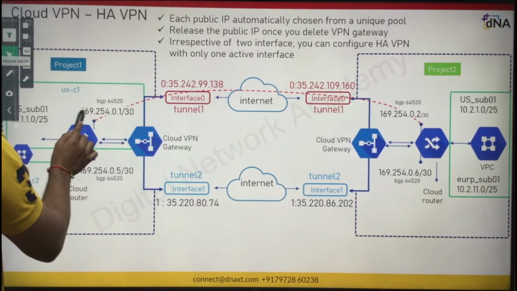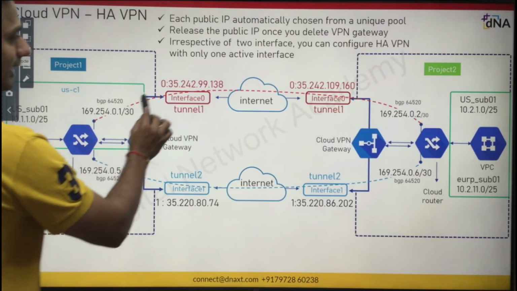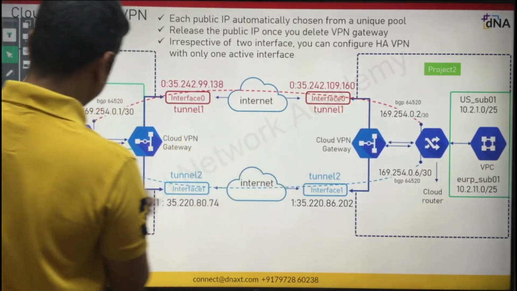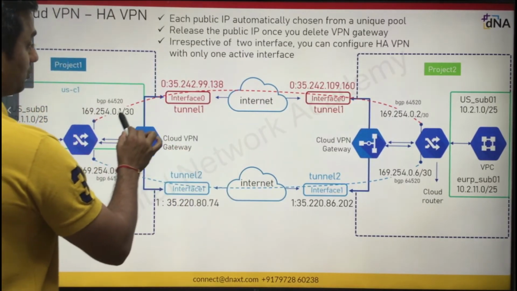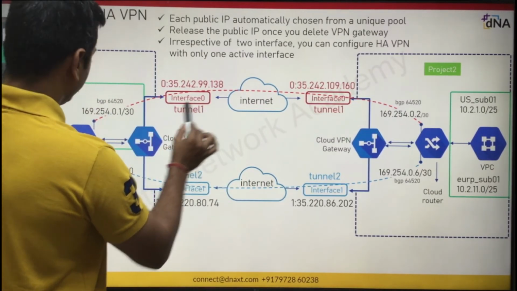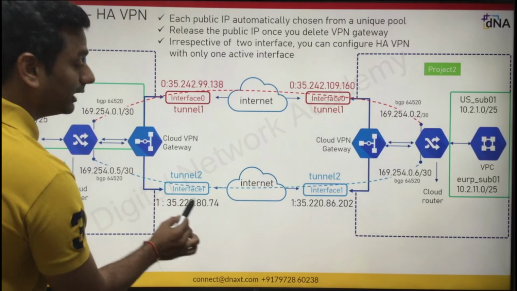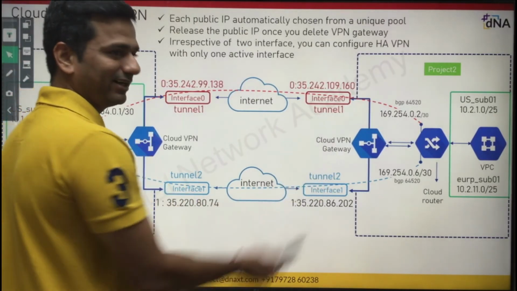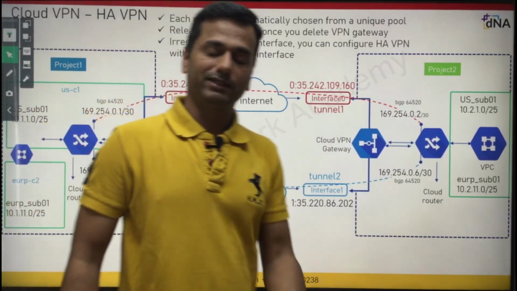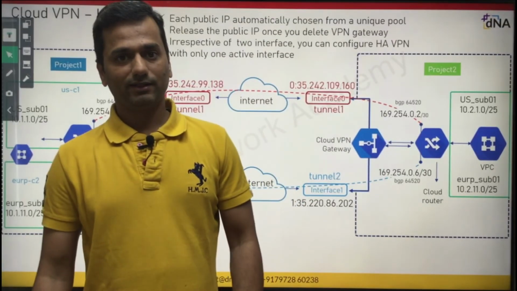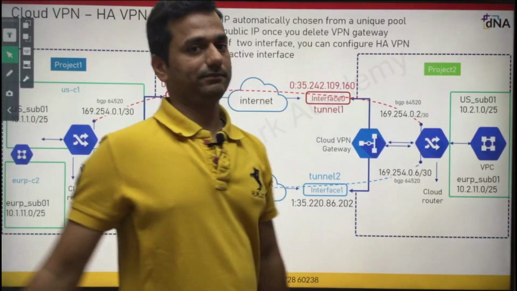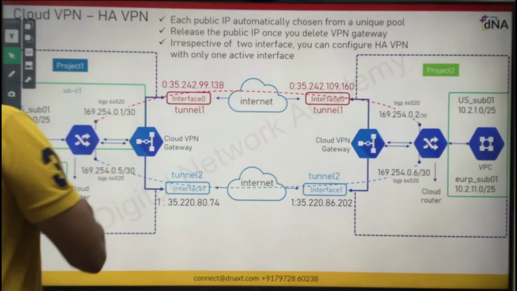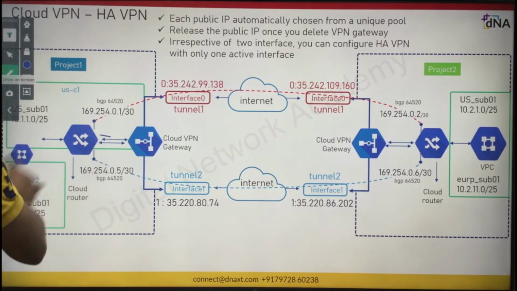Perfect. Next, see, this red line means a BGP session, and this blue dotted line is your other BGP session. The red one is established via tunnel 1 and the blue one via tunnel 2. Because it's over the internet, you cannot expose BGP TCP port 179 openly, anybody can hack it. That is the reason it will be encrypted through your tunnel. Clear? Okay, let's move on.